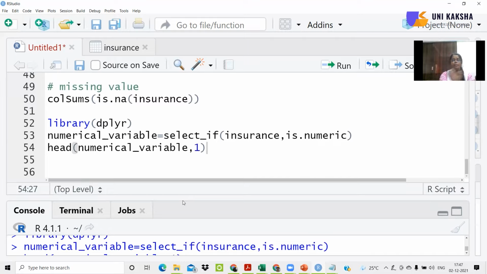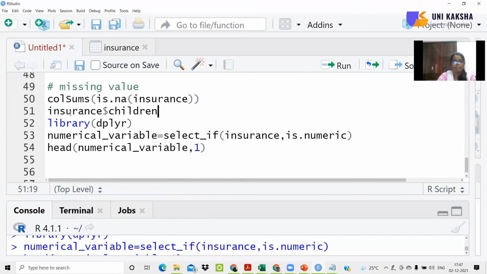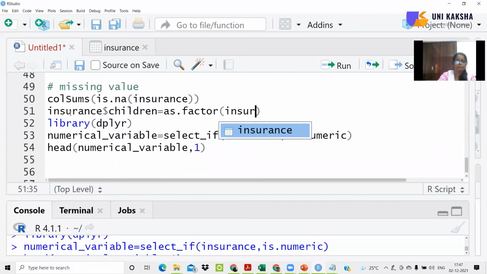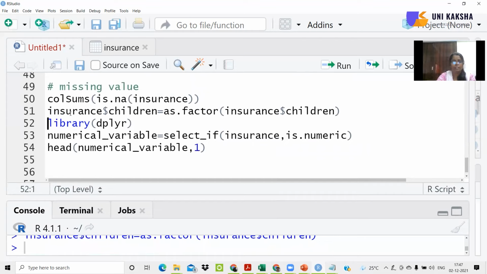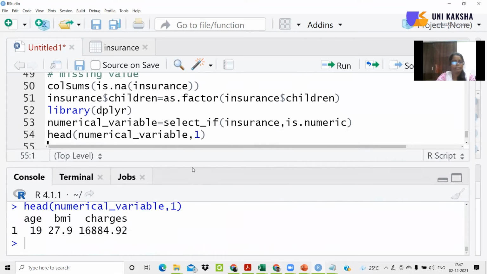It is fixed: 0, 1, 2, 3, 4 or 5. So that's basically the categorical type of data. It's not a numerical type of data. So I'll simply revise my code. I'll say that insurance $children, I'm making it as factor type of data. And then I'll run this again. So now you will come to know the proper number of numerical columns, that is age, BMI, and charges.